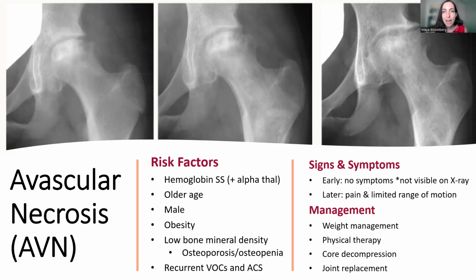Management includes weight management, again, because if you're having any excess weight, especially if it's AVN of your lower extremity, so hip or lower, that's a lot of extra pressure and work that your body is having to use. Physical therapy, I think, is one of the most underutilized resources across every disease state. But at the end of the day, if you can tolerate physical therapy and really strengthen that supporting joint structure, the muscles, the tendons, the ligaments of that joint, it's going to decrease the workload of